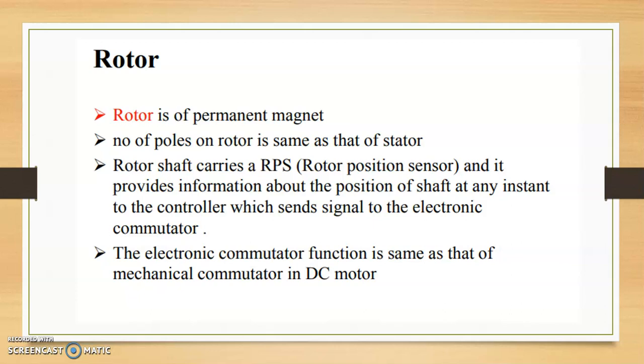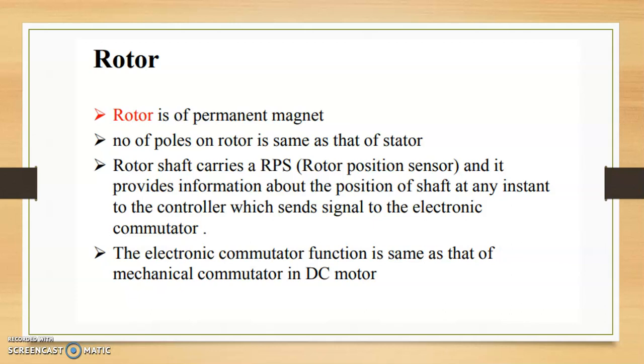The second part is the rotor. Mostly in BLDC the rotor is a permanent magnet rotor, and the number of rotor poles is the same as the stator. The reason the rotor and stator poles are the same is that, similar to a multi-stack stepper motor, it makes the revolutions in a synchronizing manner. That is, it maintains synchronization throughout the system.